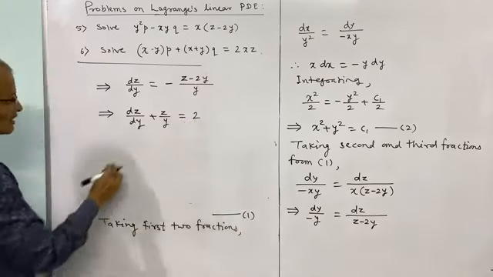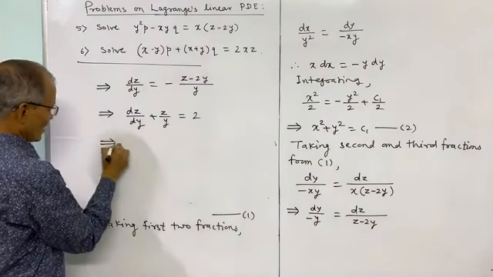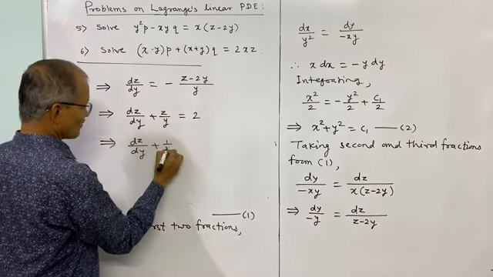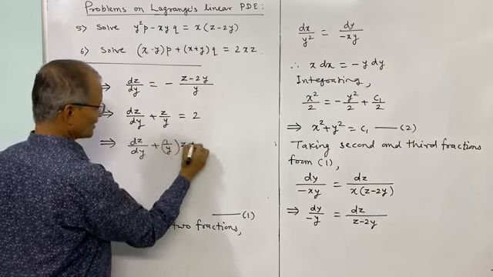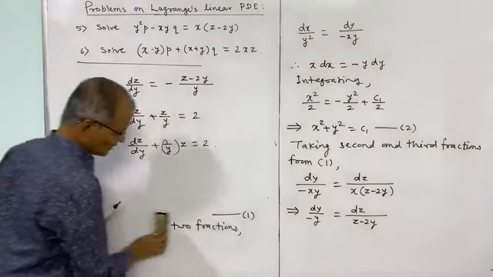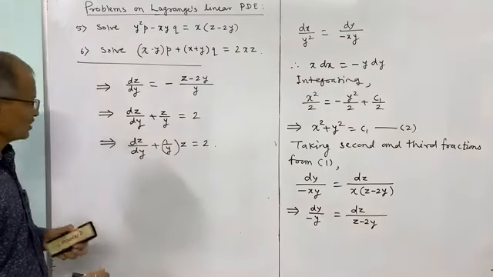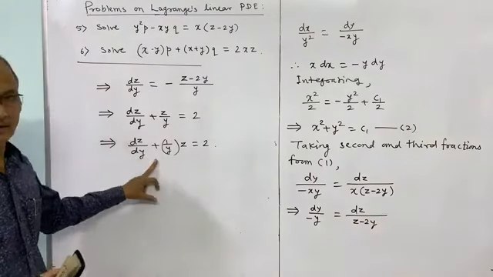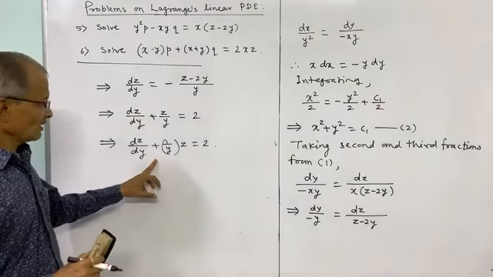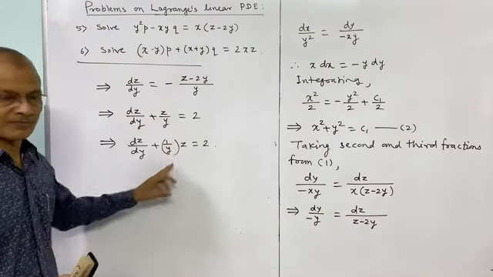Thus this equation can also be written as dz by dy plus 1 by y times z is equal to 2, and we observe this is a linear differential equation, ordinary linear differential equation of first order, and here the coefficient of z is 1 upon y,